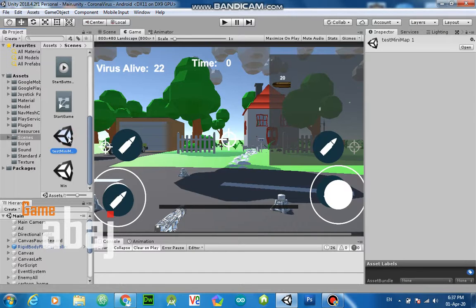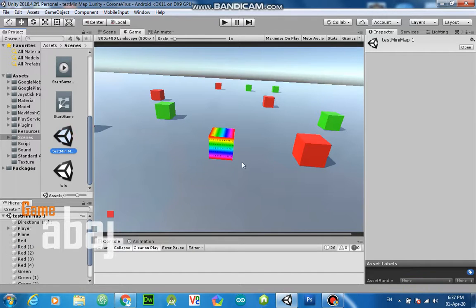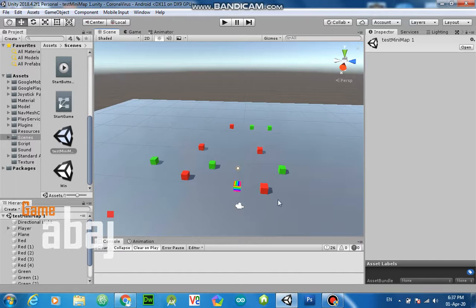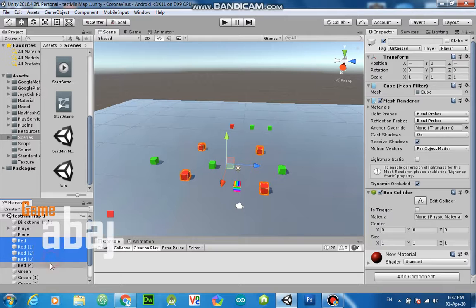So here I created a test mini map scene. This is my player and this is a scene. So we make a few more enemies here.